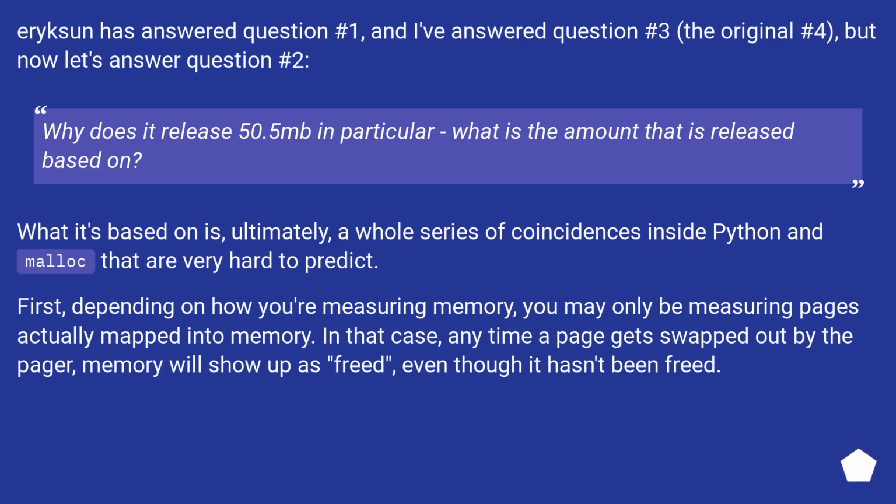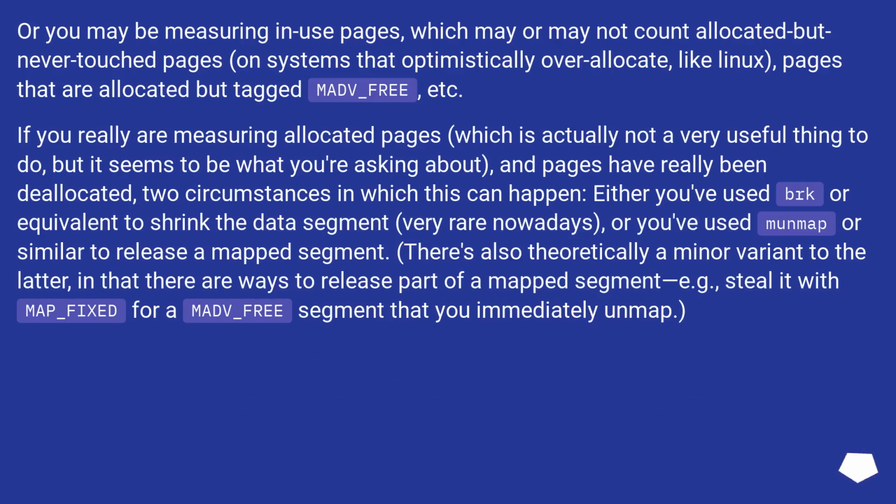predict. First, depending on how you're measuring memory, you may only be measuring pages actually mapped into memory. In that case, any time a page gets swapped out by the pager, memory will show up as freed, even though it hasn't been freed. Or you may be measuring in-use pages, which may or may not count allocated but never touched pages, on systems that optimistically over-allocate, like Linux, pages that are allocated but tagged madv_free, etc. If you really are measuring allocated pages, which is actually not a very useful thing to do, but it seems